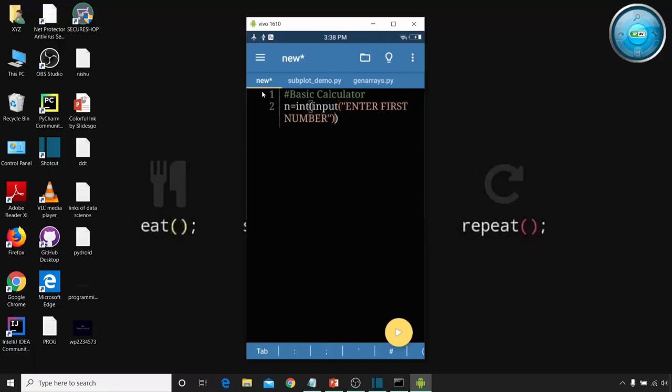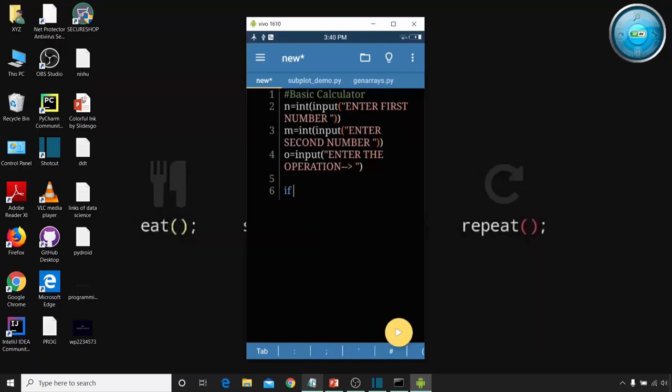Okay, next I'll write m is equal to int, and here I'll write input, and here I'll write "enter second number". Okay, and here I'll write O is equal to input, and here I'll write "enter the operation". Okay, so here I'll write the if loop.